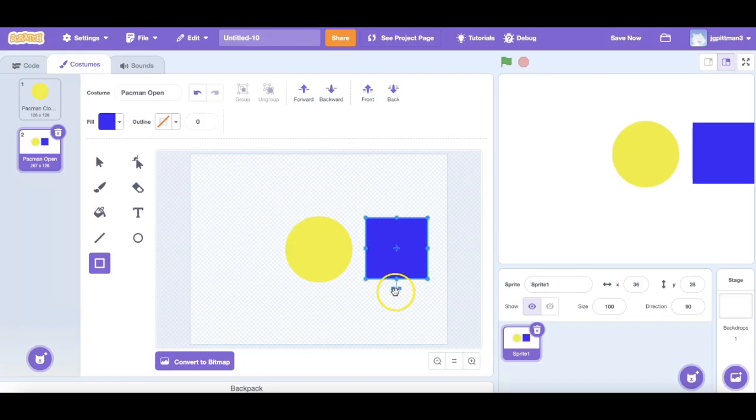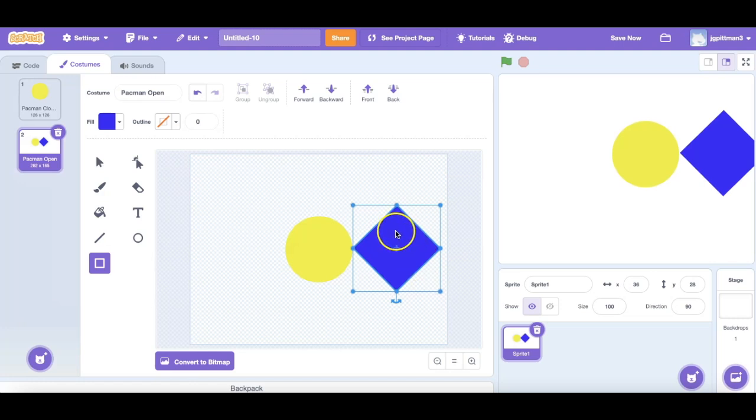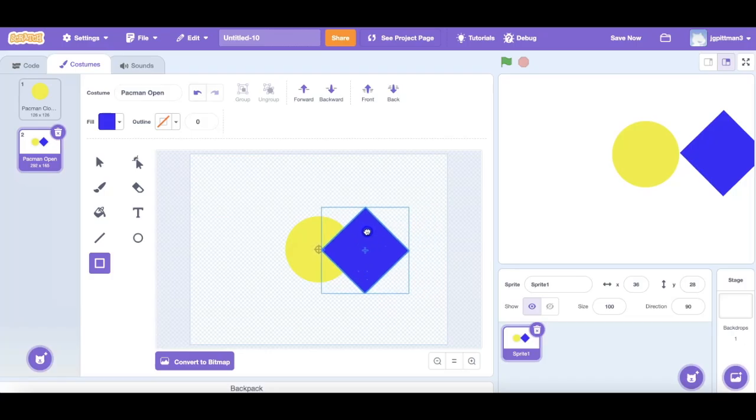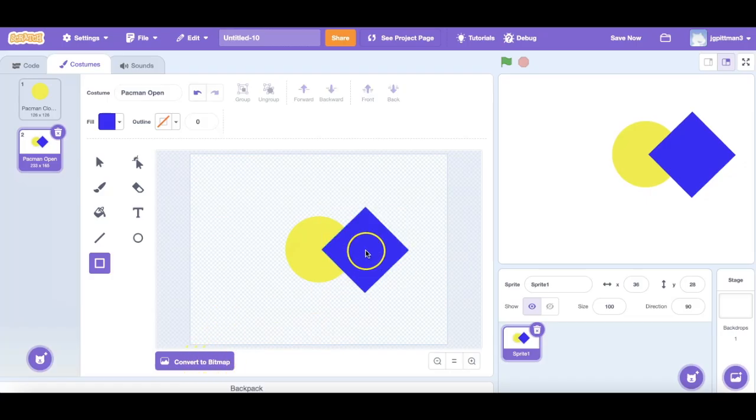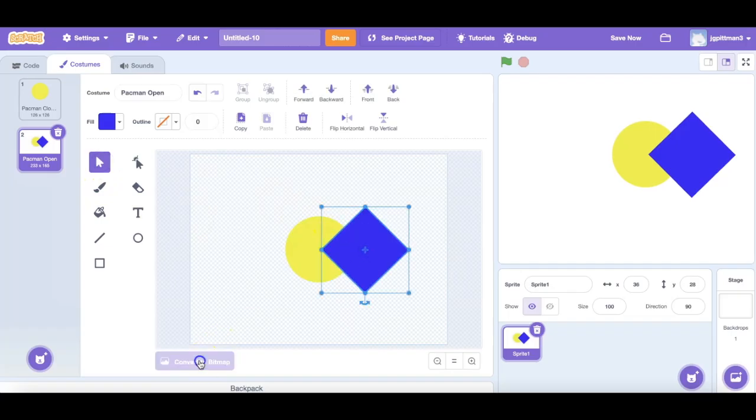and then you'll see here there's the little turn. So I'll grab it and turn it on its side so it kind of looks like a diamond. And then I'm going to take this point, the left side, and have it touching that bullseye area. And then I'm going to click the convert to bitmap,